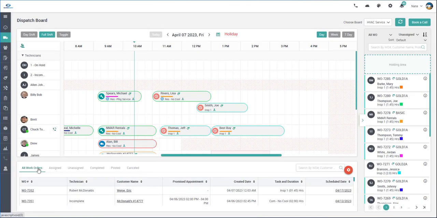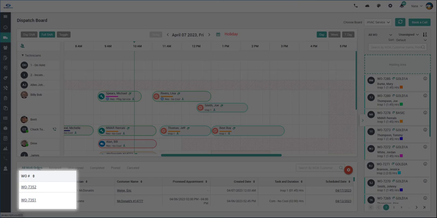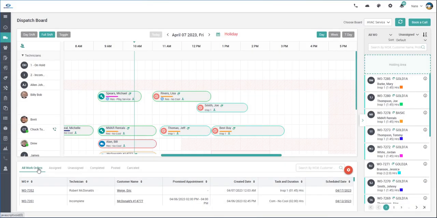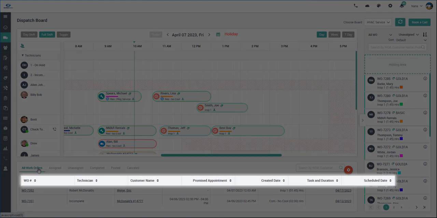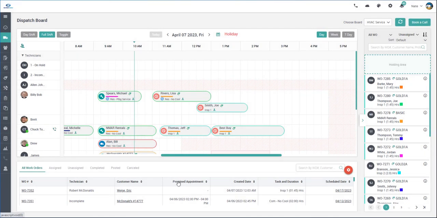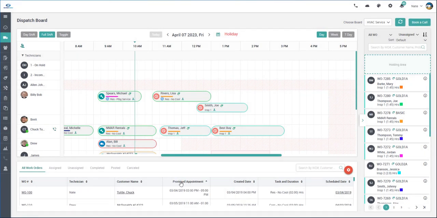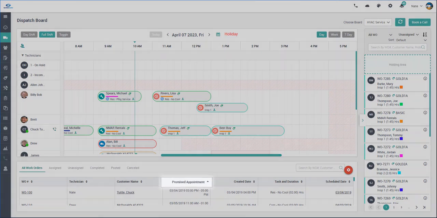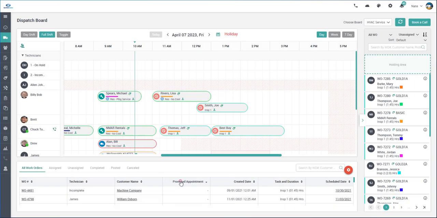By default, the list will be sorted by the work order number in reverse order, but can be sorted by any of the columns. To sort by a different column, simply click the header of the desired column and the list will be resorted based on the header selected. To reverse the order of the selected column, click the header again and the order will reverse. For example, if the column was sorting from highest to lowest, clicking the header again will resort from the lowest